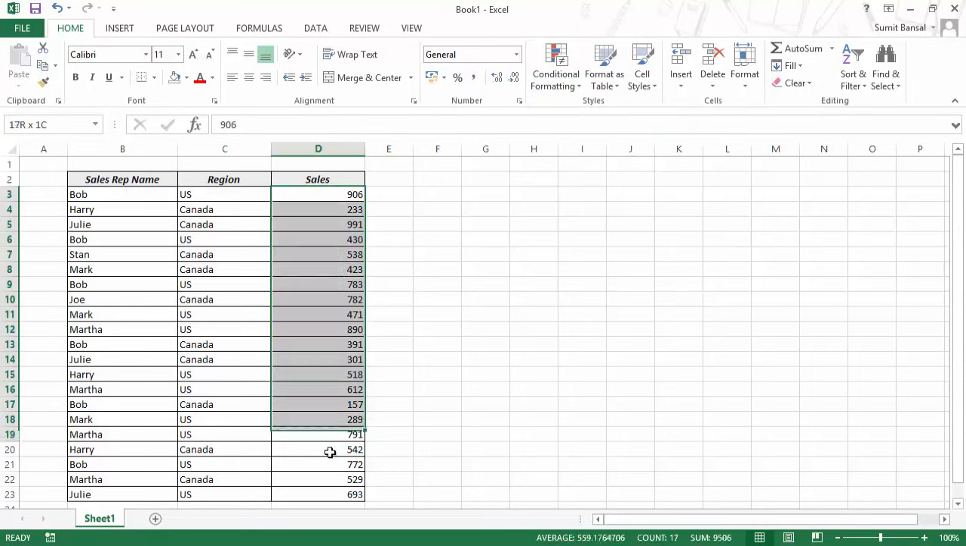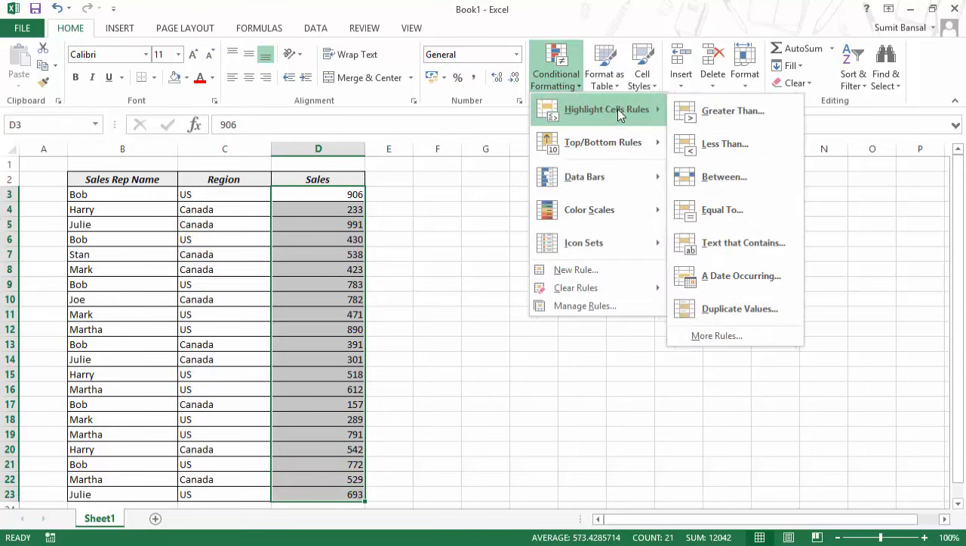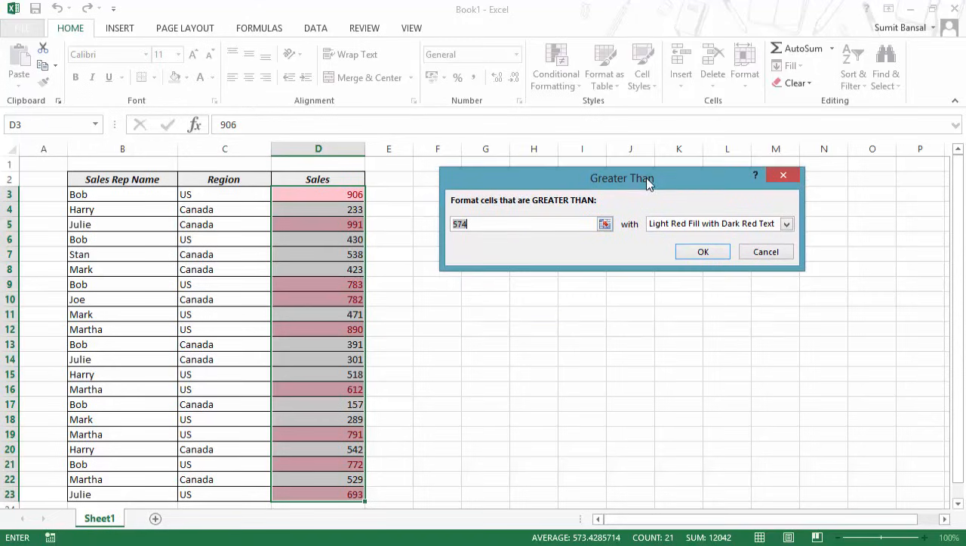Let me first select this numeric data, and now when I go to this option, highlight cell rules, it gives me all these options. It says greater than, less than, between, equal to, text that contains, date and duplicate values. So you can use all these options to highlight cells here. For example, if I choose greater than, then I can give a number. So if I give a number 700, then all the cells with value greater than 700 are highlighted